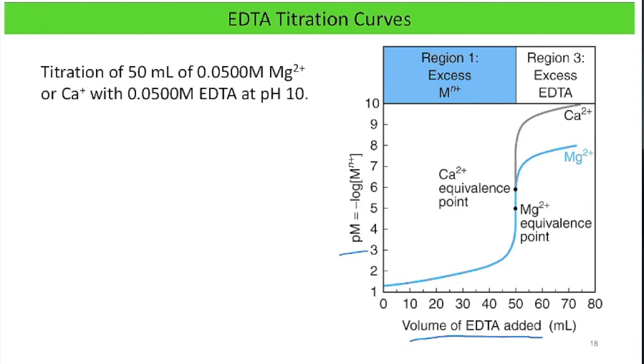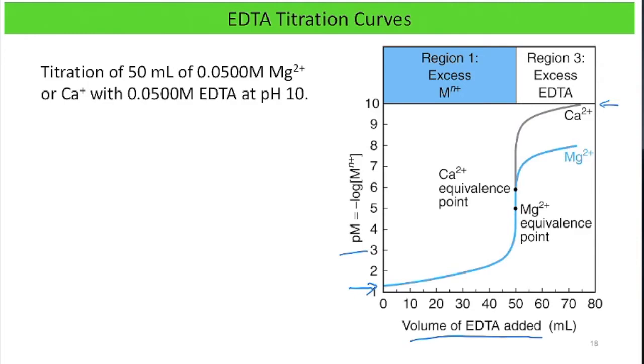Which is just like pH. pH is the negative log of the concentration of H+. pM is the negative log of the concentration of metal. So you can just consider this being another way to express the concentration of the metal. If we have a number that is low, we're going to have a large amount of metal. And if we have a number that is high, a large pM, then we have a very small amount of